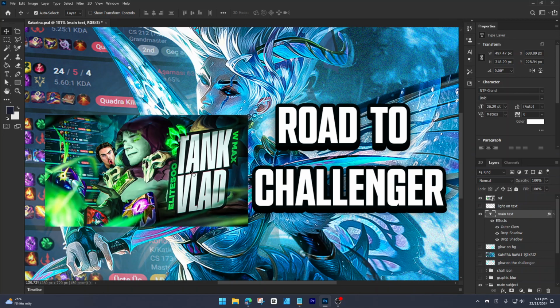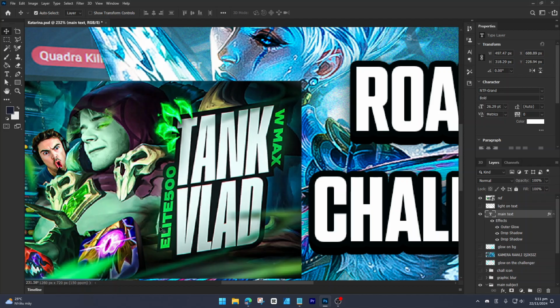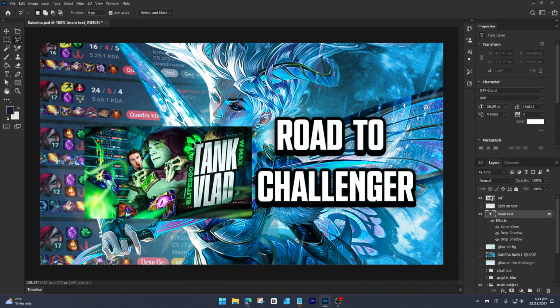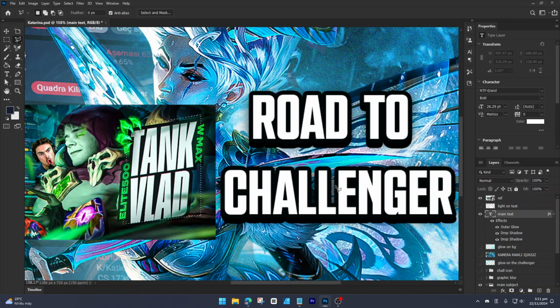So these texts are on a box layout, which means the layout is kind of a rectangle like this, and the challenger is quite a long word, but the road to is a bit small, so you need to somehow find another way of